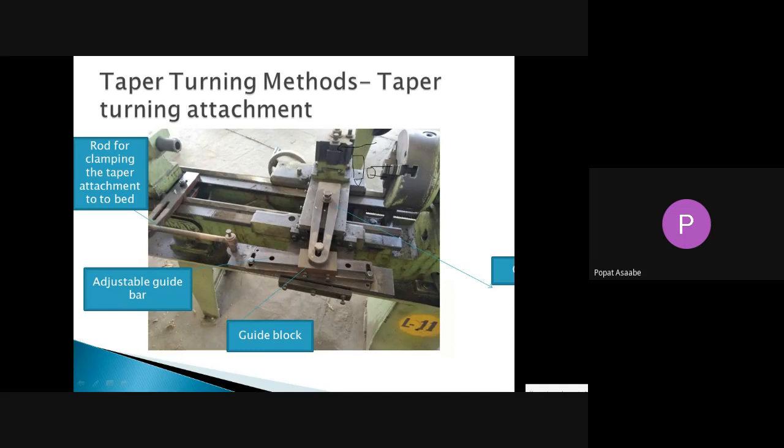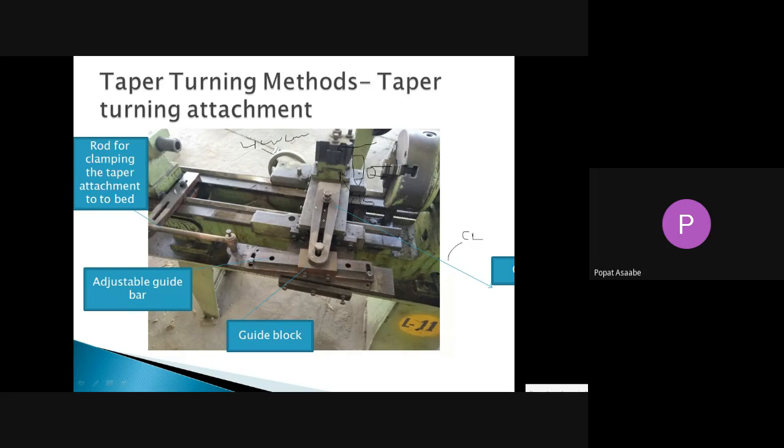Now this portion, see here, this portion is called the cross slide. This is the cross slide here, and this is the handwheel of the carriage. This is the handwheel of the carriage, and this is the attachment. Okay, what does this attachment consist of? It consists of... okay. What is this function? This is called the connecting rod here. See, this is called the connecting... sorry, this is called the connecting link here.